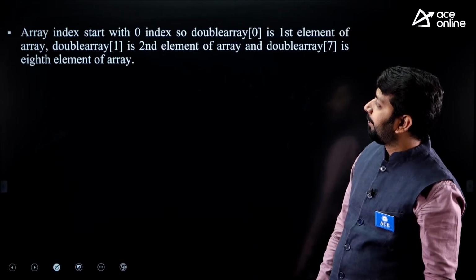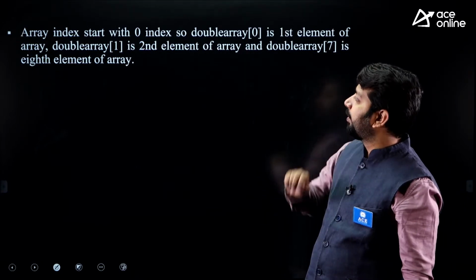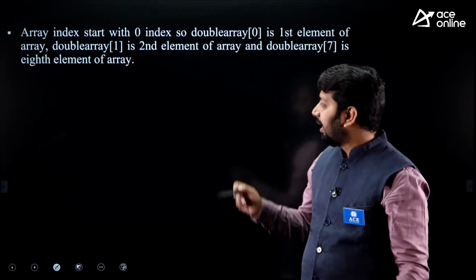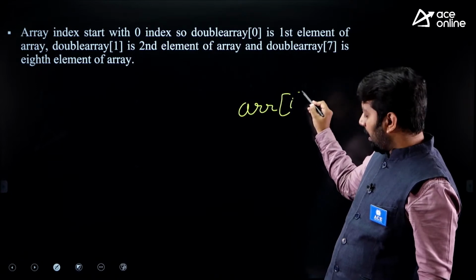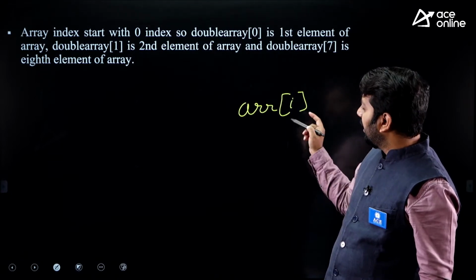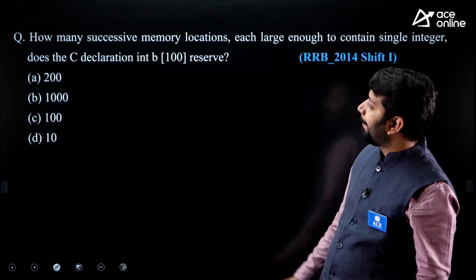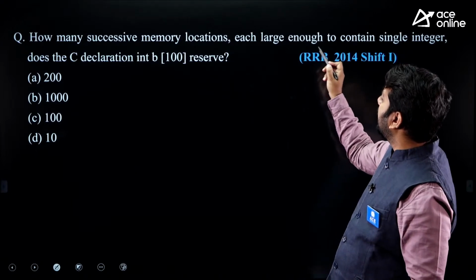Fine. Okay. Array index in C language always starts from 0. That's why if I write ARR of I, that means my element is I plus 1. Fine. Okay. How many successive memory locations each